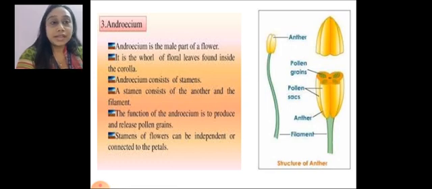and a filament. Now in the image you can see that the anther consists of 4 chambers or pollen sacs in which the pollen grains are present. It is very well visible in the image. And this anther is also bilobed. There are only 2 lobes and each lobe has got 2 pollen chambers.